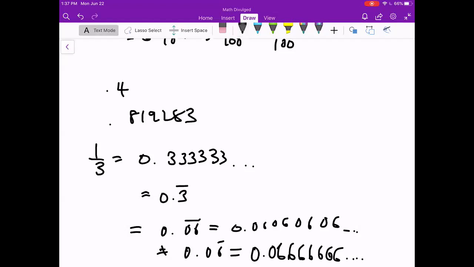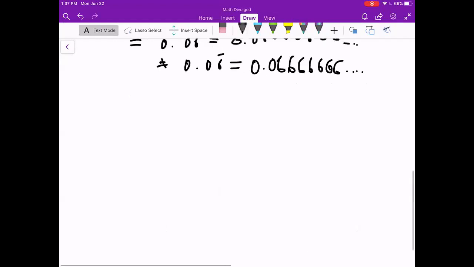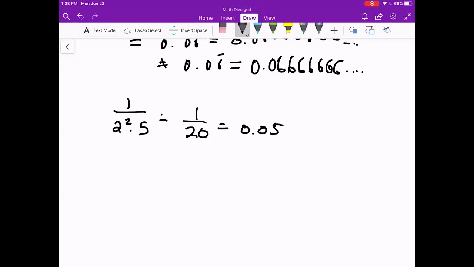So yeah, terminating decimals. What makes them different from non-terminating decimals is that you can tell they're terminating because in their fractional representation, which every rational decimal has, the denominator only has powers of 2 or 5. So let's say we have 1 over 2 squared times 5. This is equal to 1 over 20, which is equal to 0.05. This terminates. Similarly, 1 over 2 to the 4 times 5 squared, 1 over 400,